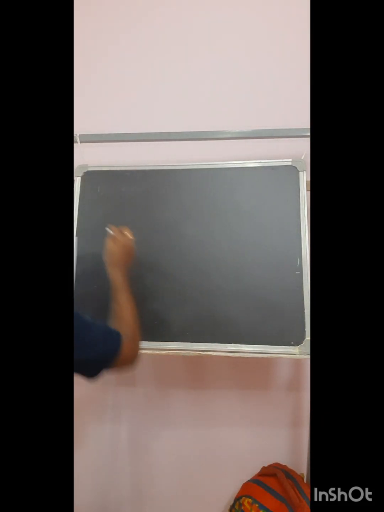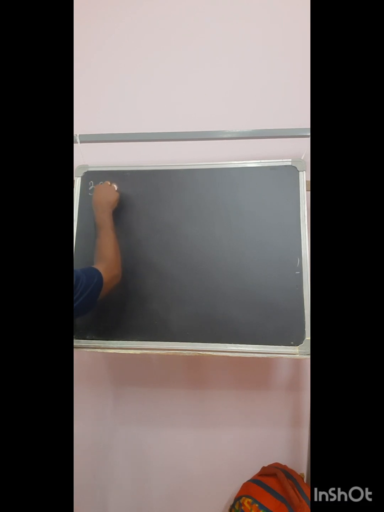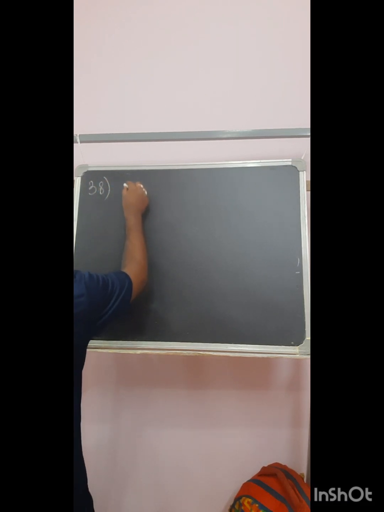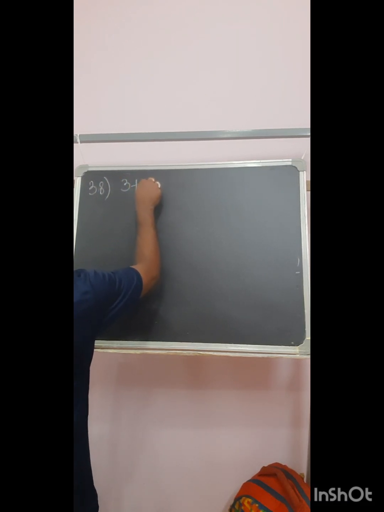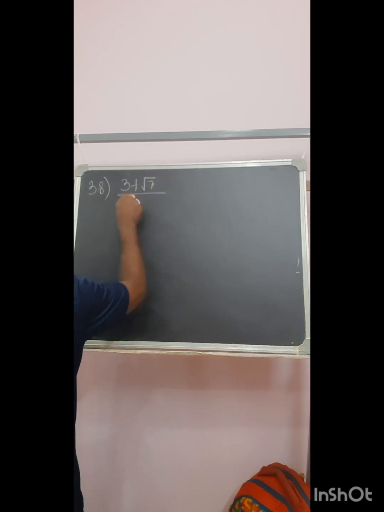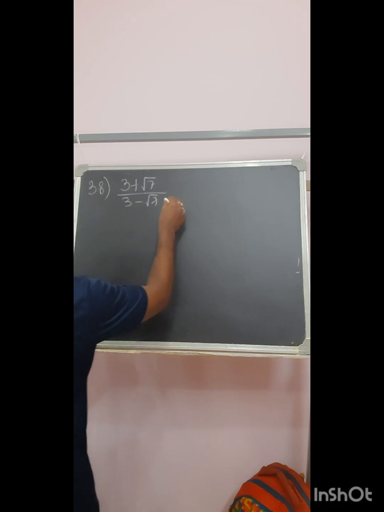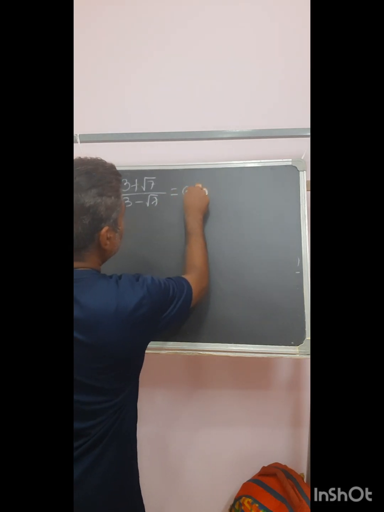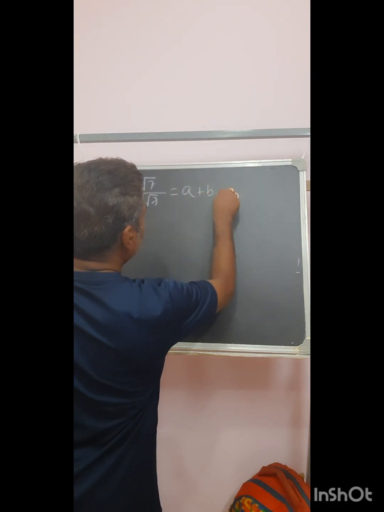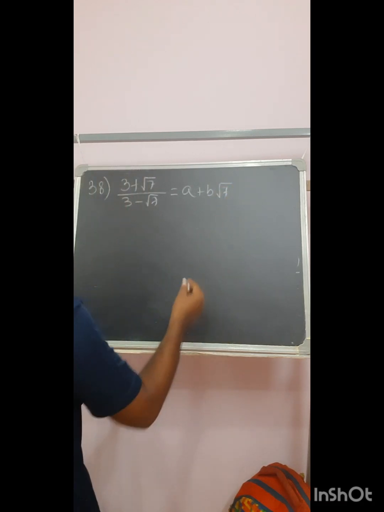That is problem number 38. Continuing from the last video, I will explain the next problem, that is 38. It says (3 plus root 7) upon (3 minus root 7), if it is equal to some expression of the form this, then